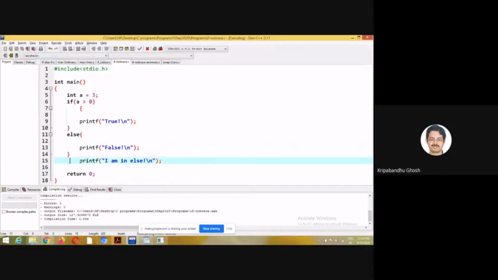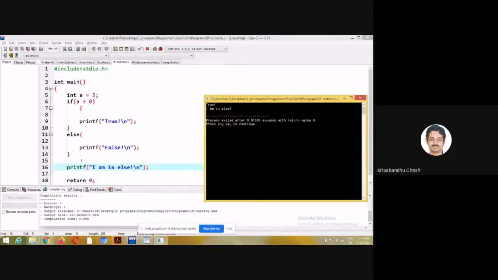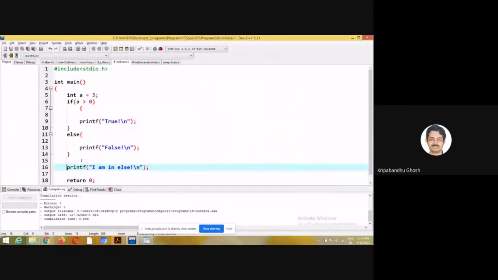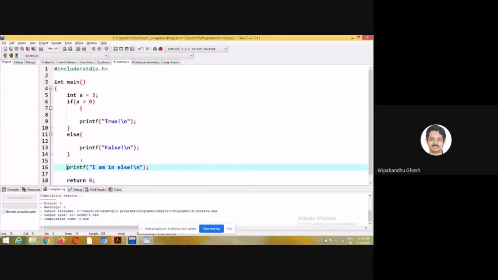So don't get fooled by the indentation. That's why there was a problem in the exam, right? Indentation has no meaning with regards to the C programming language, right? Okay.